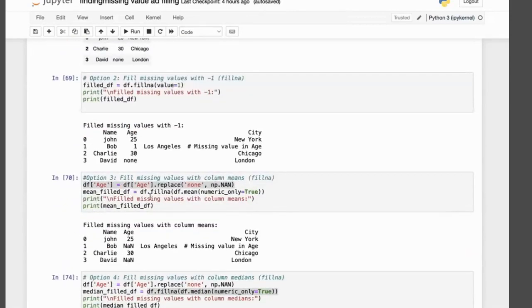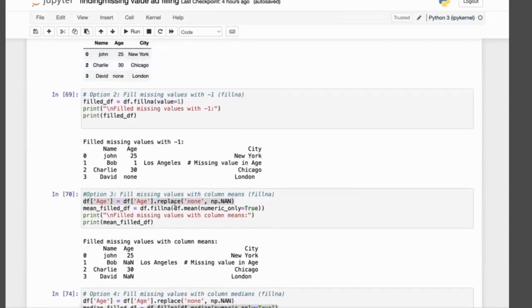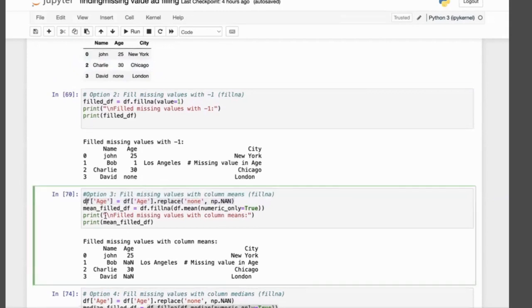Here, guys, I have created one variable with the age column. Now I'm calling this to replace none. The age column should be available here. So replace none with np.nan. If you're not using it, you will get an issue. Let me showcase one example. If I don't add this code and I want to execute this one,